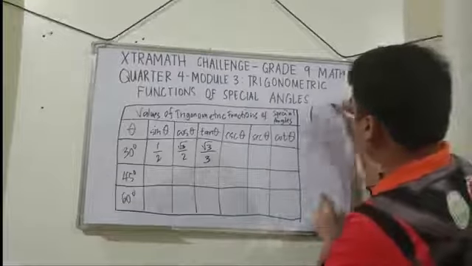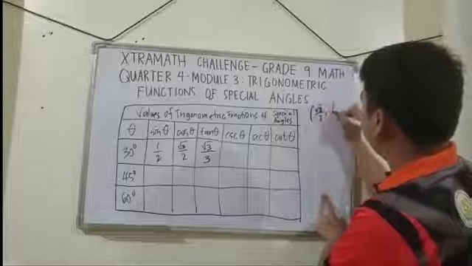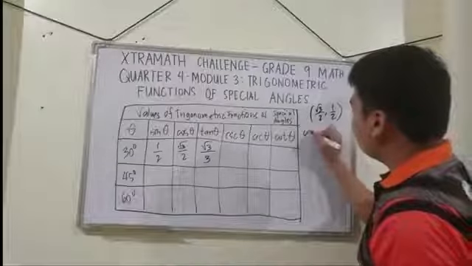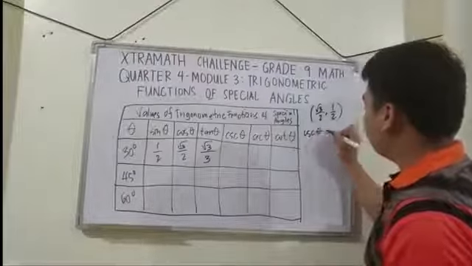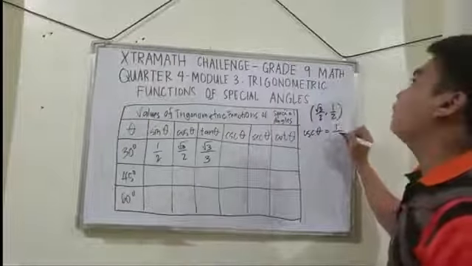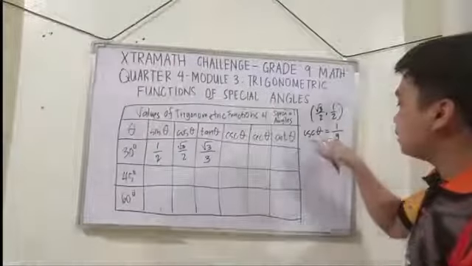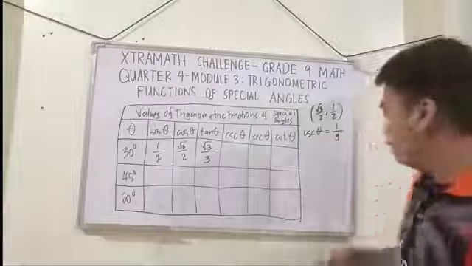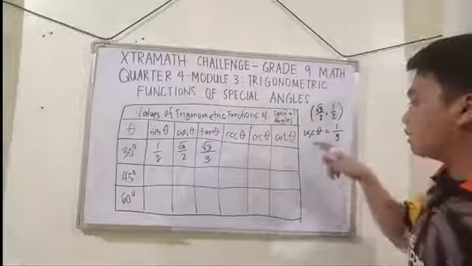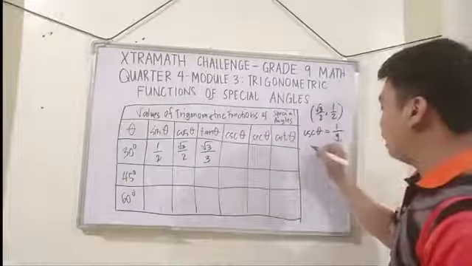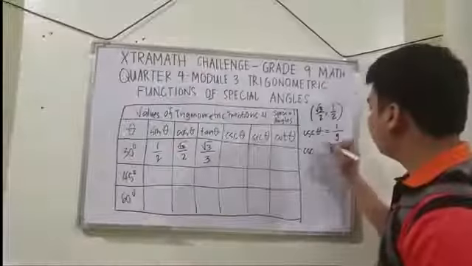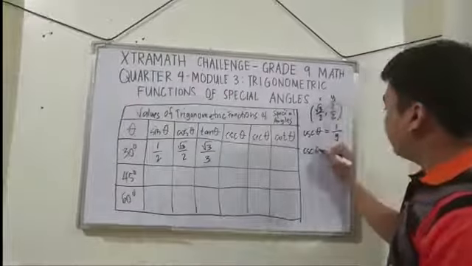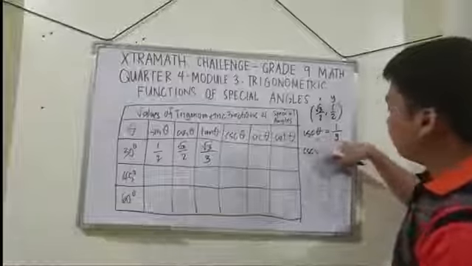So again, the coordinate is square root of 3 over 2, 1/2. So cosecant theta is equal to 1 over y, because this is equal to 1 over sine. And sine corresponds to y, so cosecant theta is equal to 1 over y. So cosecant theta is cosecant of 30 degrees